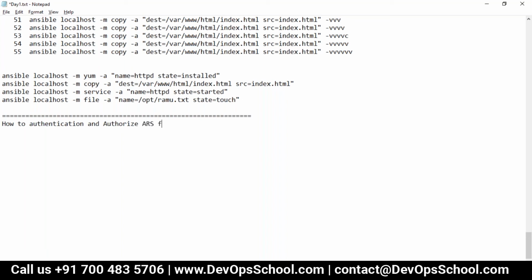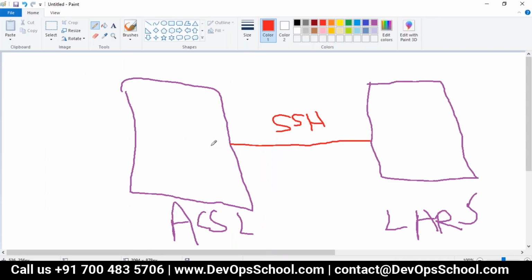That's a question. See guys, from this machine, when you connect to this machine, you need SSH. I'm damn sure about it. You have worked with the Linux server and the Windows server. That is the reason you are attending this session.